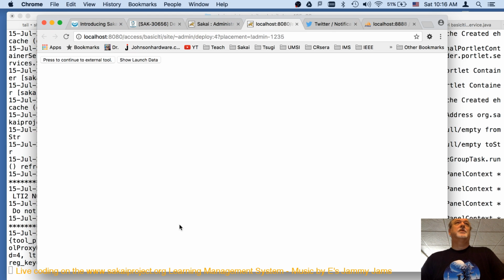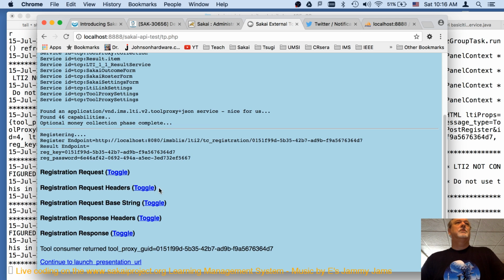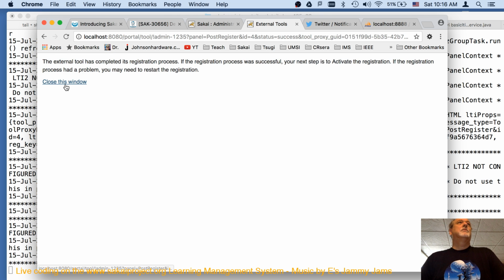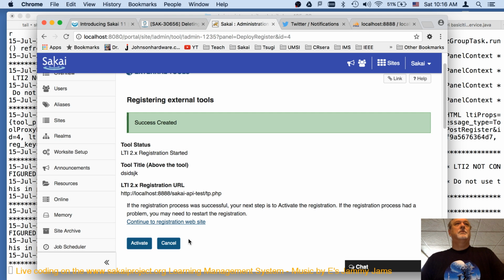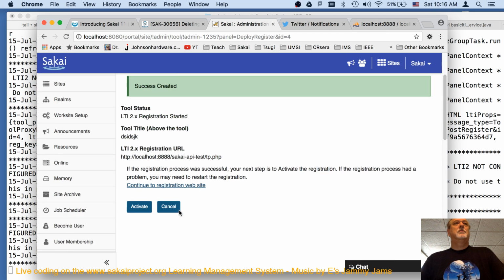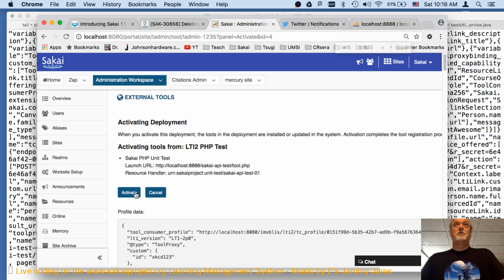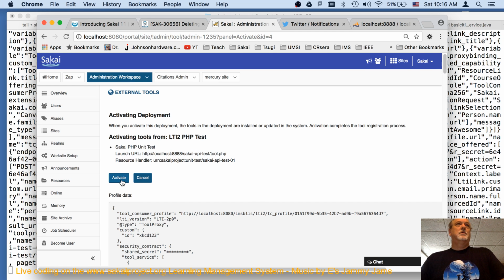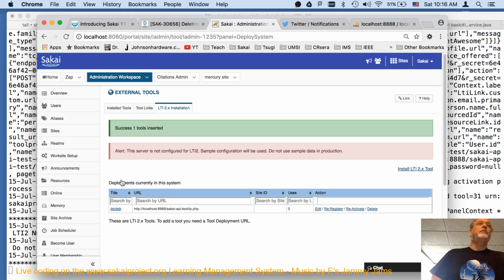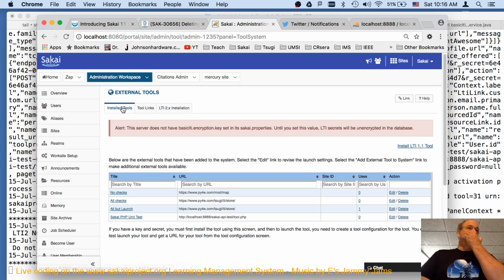Let's try my test harness. See if my test harness still works. There's fewer tools. So my test harness only installs one tool.